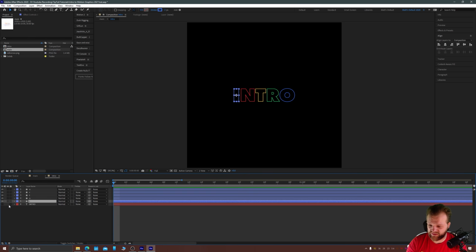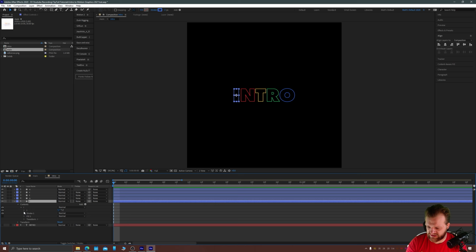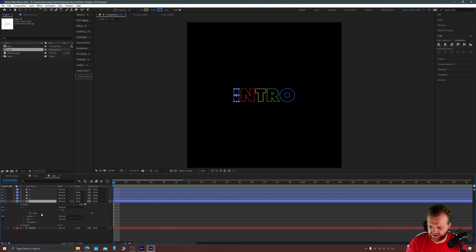like so. Now to do that, we're just going to twirl down the eye icon here, twirl down the contents until we get to this icon here where it says path, and there's a stopwatch next to it. Clicking this stopwatch will add a keyframe, which is basically saying at this point in the animation, we want something to change, okay? So we're going to do that on frame 1, and we zoom in with this little handle